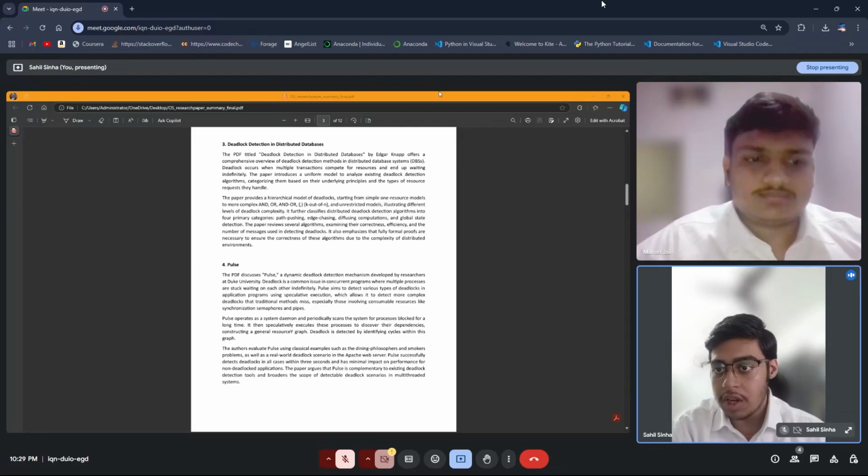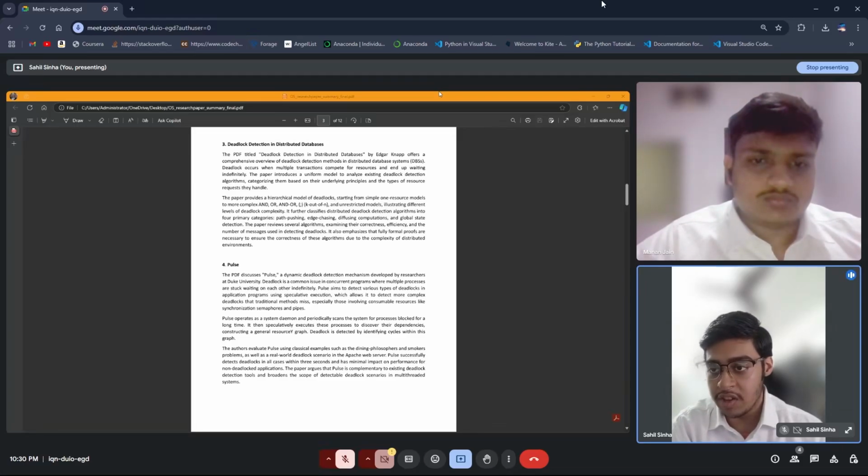Pulse was tested on classic deadlock problems, for example dining philosophers and smokers, and a real-world Apache web server scenario, detecting deadlocks within 3 seconds. It has minimal impact on non-deadlocked applications and complements existing deadlock detection tools, enhancing the detection